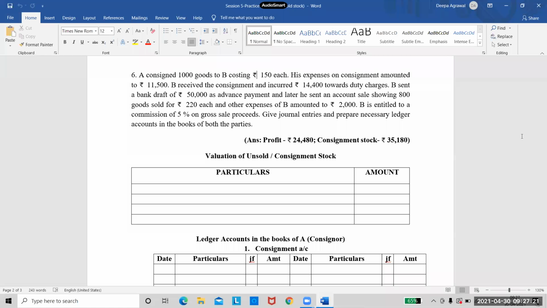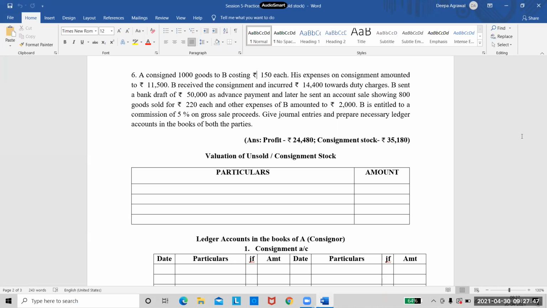A's expenses, because he did not mention anything, we have to assume that they are non-recurring. Note: if he doesn't mention the category of expenses, we assume all consignor's expenses are non-recurring and all consignee's expenses are recurring. So here for consignor, he did not give us the category, so we are assuming consignor's expenses are non-recurring. For consignee, he gave us the category, so we have to decide accordingly.